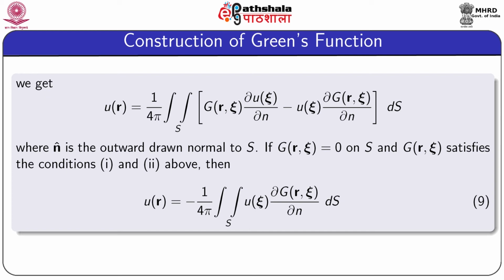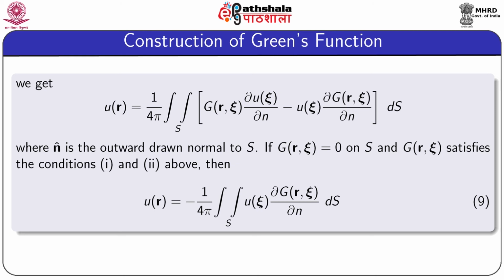So, in this equation you can observe that to find the value of u, we need to find the value of both u and its normal derivative on the surface. But to minimize that condition, we choose Green's function. So, in Green's function we choose g in such a way that the value of g is equal to 0 on the surface. Therefore, the above equation reduces to the form u equals minus 1 by 4 pi surface integral of u del g del n.